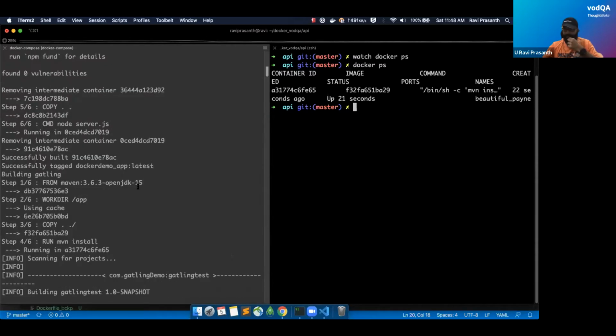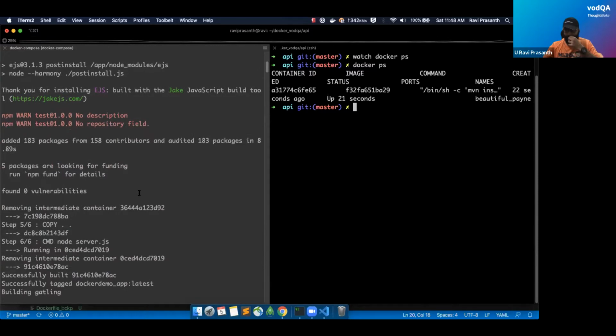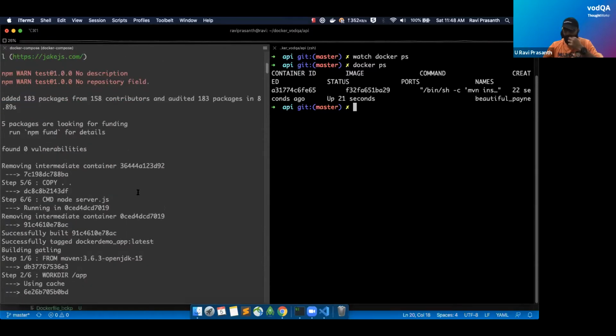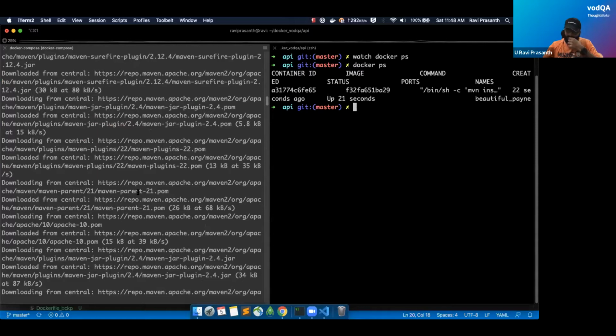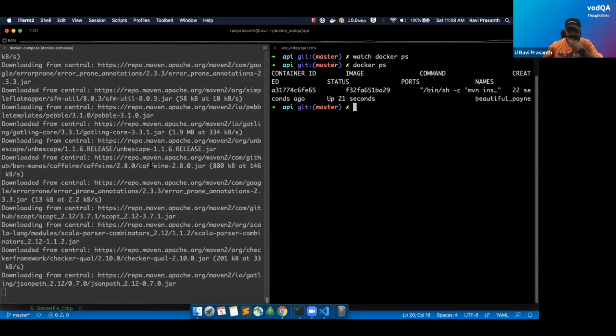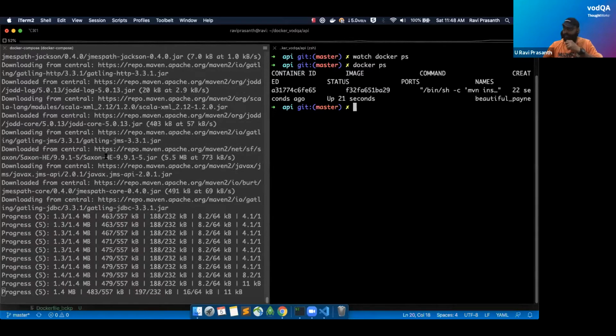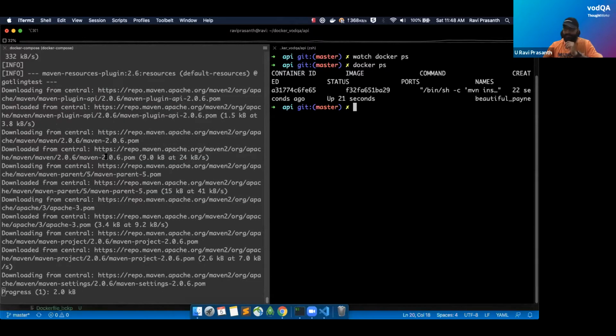That is all that we need, nothing else. Again, the Maven step is happening now, pulling all the dependencies.